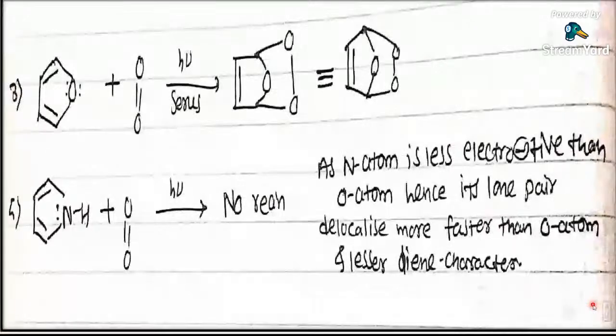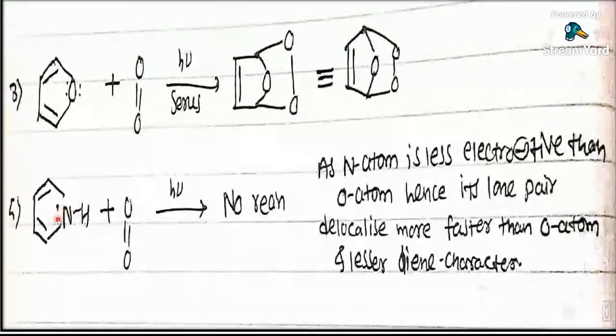Now again the furan ring and pyrrole ring. So in case of the furan ring, oxygen being more electronegative will absorb the electron cloud towards itself, as a result of which this oxygen can sense these two double bonds. As it can sense these two double bonds, it will show the addition reaction and it will give you this product. But in case of pyrrole, the nitrogen being less electronegative,